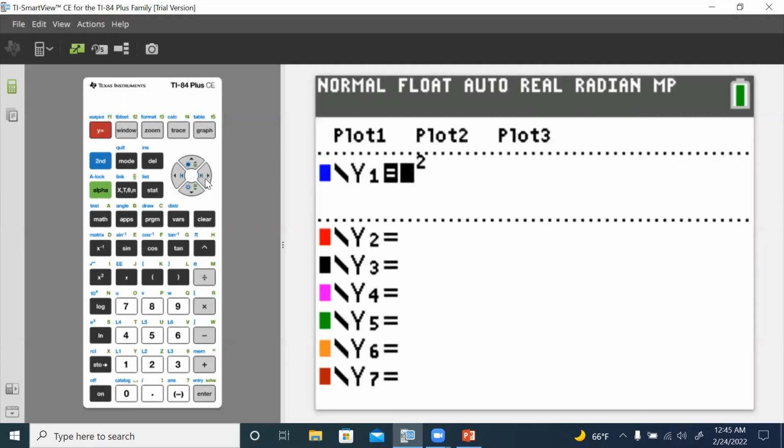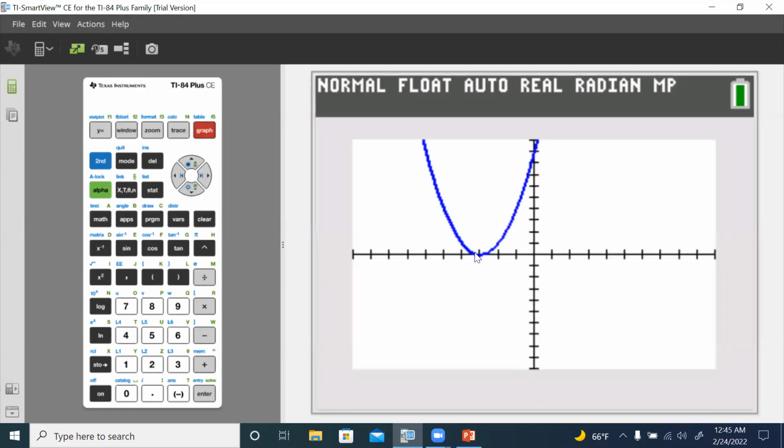Now, if I were to take this graph and shift it, let's just shift it, how about, say, 3 units to the left. Oh, sorry, we have to start fully fresh there. Since I'm going 3 units to the left, that should be parentheses x plus 3 quantity squared. And when I look at that, again, the graph has been shifted to the left, but it's not symmetric